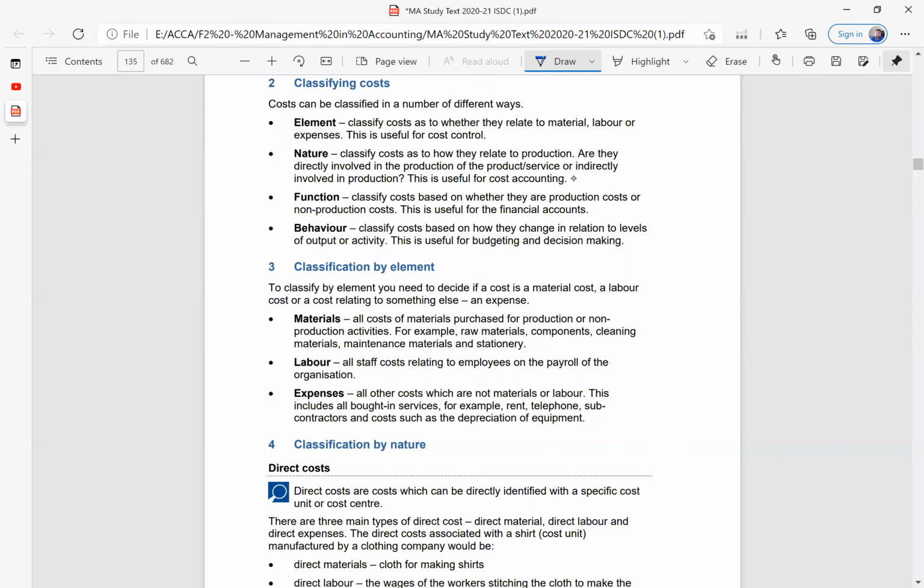Now, some are actually assembling the product, they're making the product. And some are those who are just supervising the other people who are making the product. That supervisor is not involved directly in production, he's just overlooking. He's just checking whether the quality is being maintained or not. So he is going to be an indirect labor. But the other person who is directly involved becomes the direct labor.